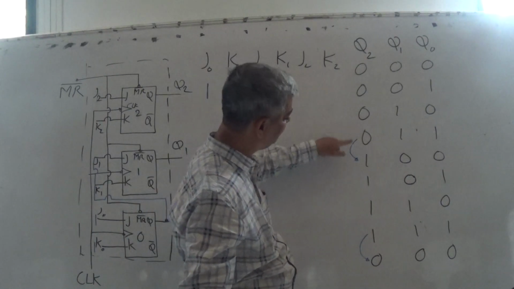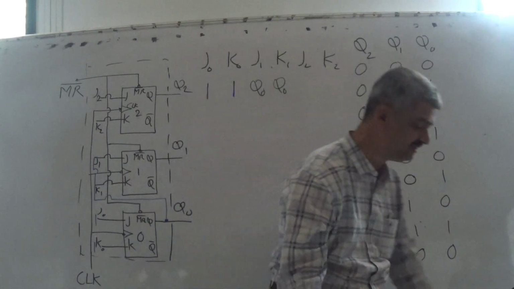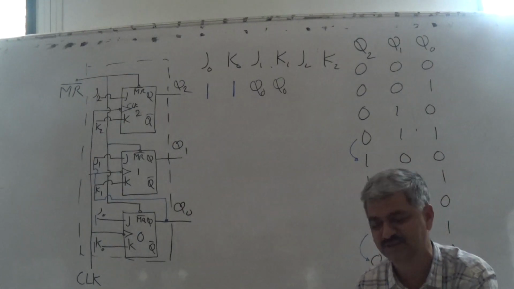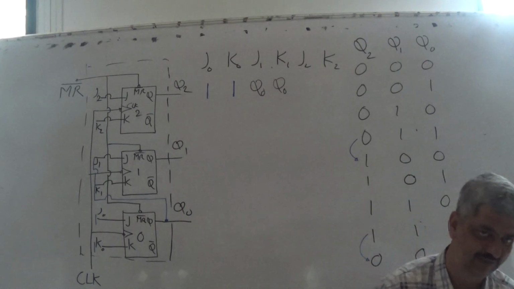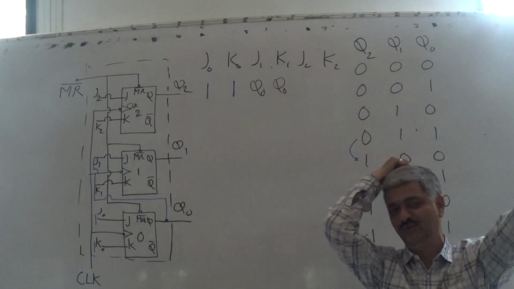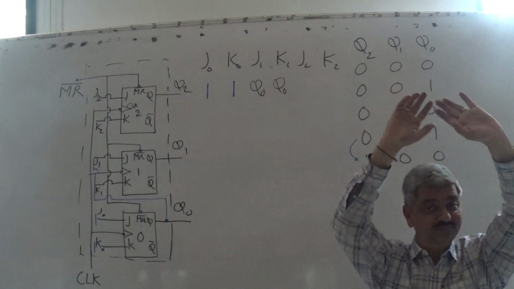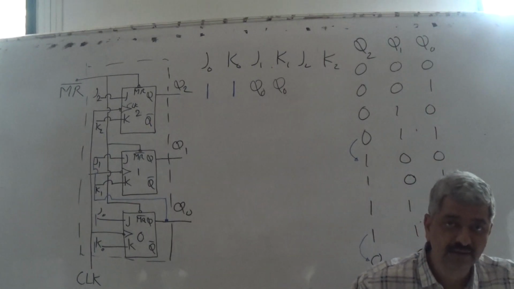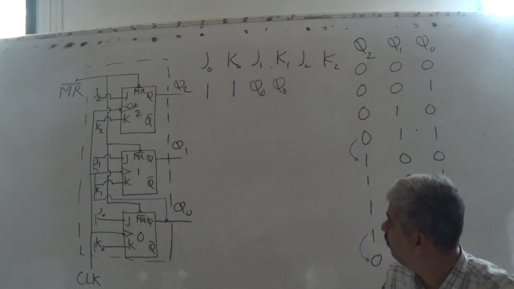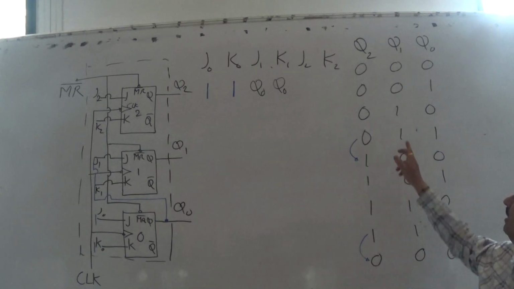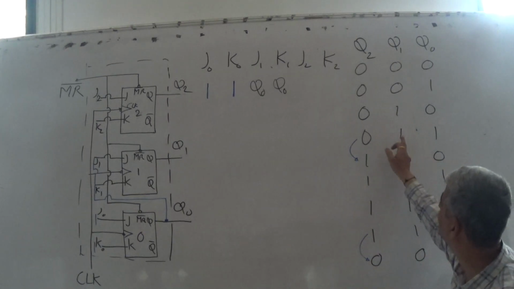when Q2 is expected to invert, we are designing. Obviously for the least significant flip-flop, flip-flop number 0, we directly toggle it every time, J and K we put 1. Then while deciding flip-flop number 1, we look at the output of flip-flop number 0. Then obviously while deciding flip-flop number 2, what we should do is look at the other outputs, that is outputs of flip-flop number 1 and 0.